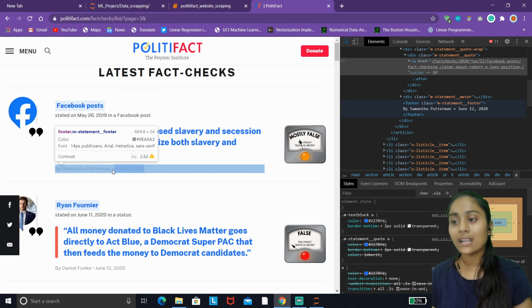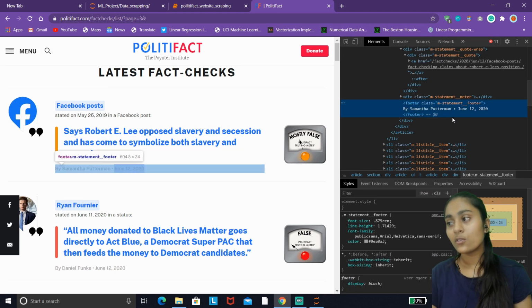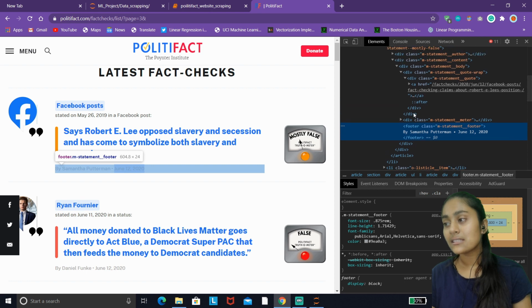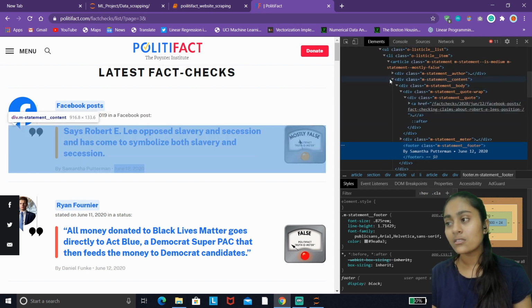We can't just choose to inspect on the date only, so we have to select the whole of the text, but we can do indexing to select what we want. Here it is contained within the footer tag, and let's see the outermost tag in which it is contained, because it must be identified by the li tag.